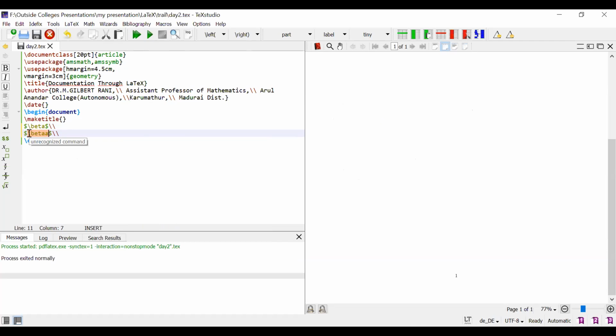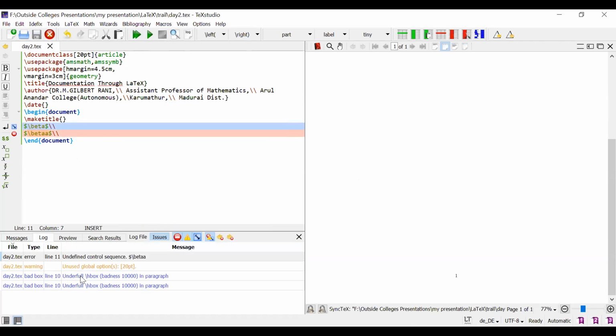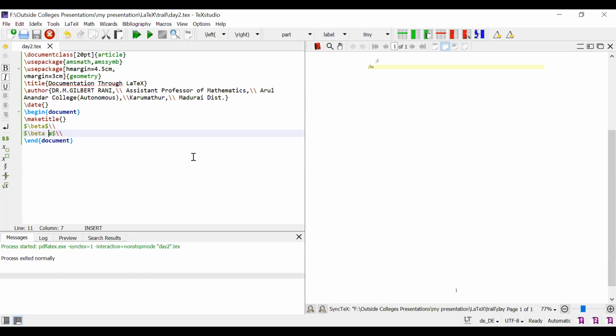That means it is wrong. I compile, and you get the error message. What is the error? Undefined control sequence, dollar symbol, betaA. So just leave some space between beta and A. Compile it. See this, beta into A.